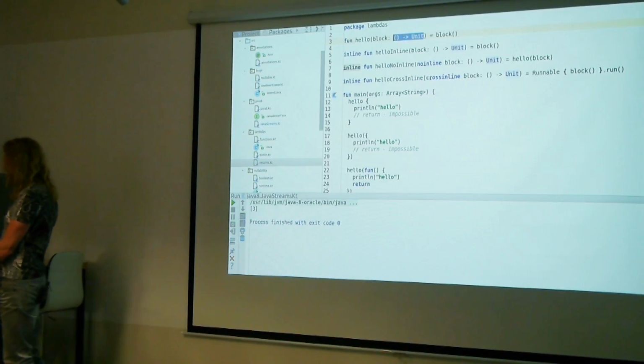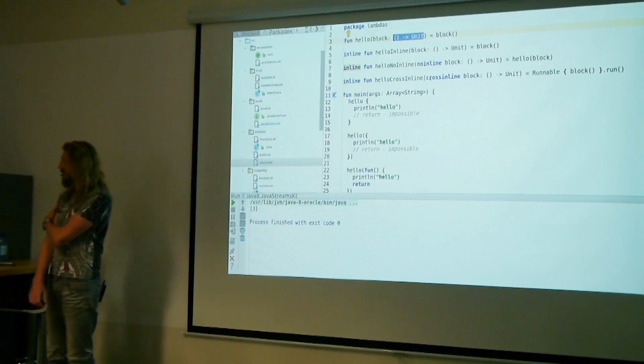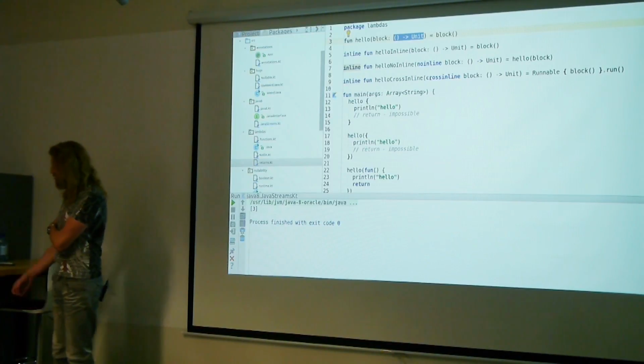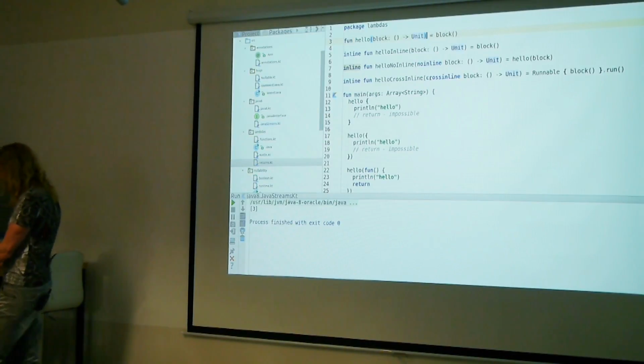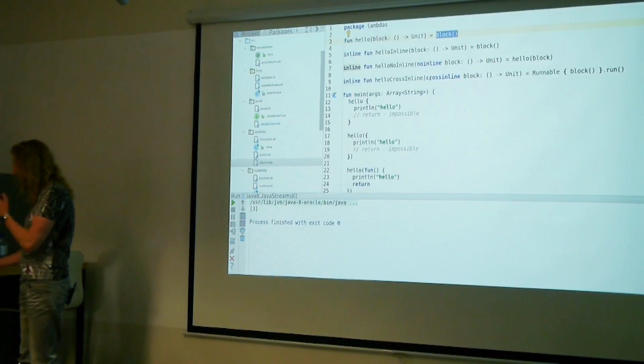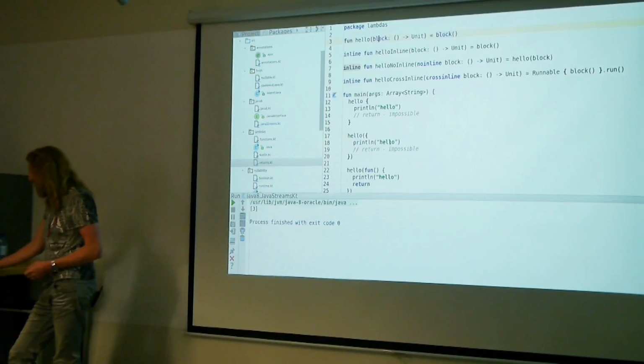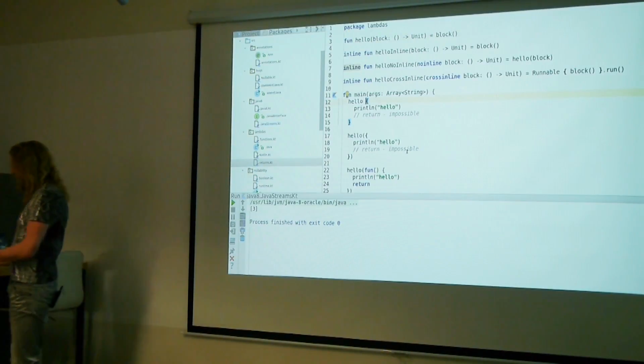And this is a declaration of a function that takes no parameters and returns nothing. So basically Unit is the same as void in Java. And all it does is run the function that was passed as a parameter.